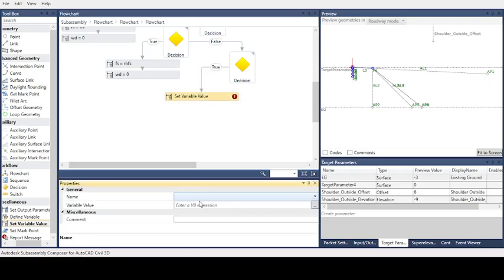This variable is the field slope. The slope will be steep field slope, because it is now 2 to 3 meter. We will use steep field slope.